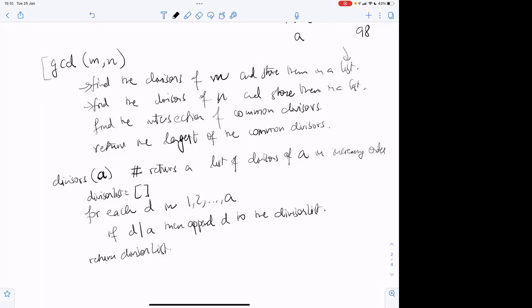So now we have to find the intersection of both divisor lists.